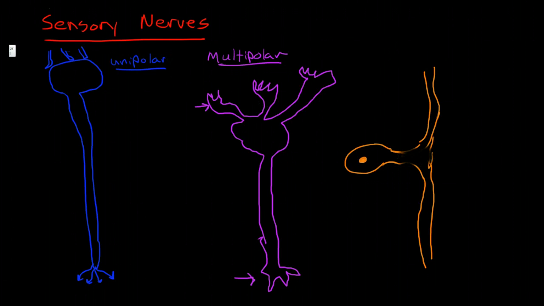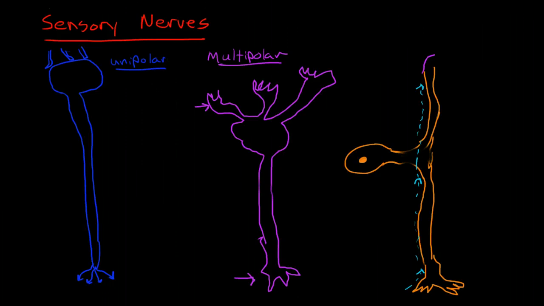And this is what happens in our sensory nervous system. We have this very long axon that might go out to our fingertips. When we touch something and we sense it, we have an action potential that travels up this axon, and it just bypasses the nerve body altogether,